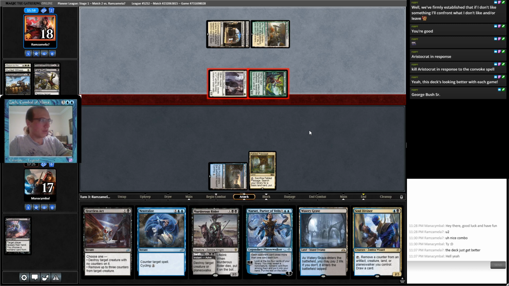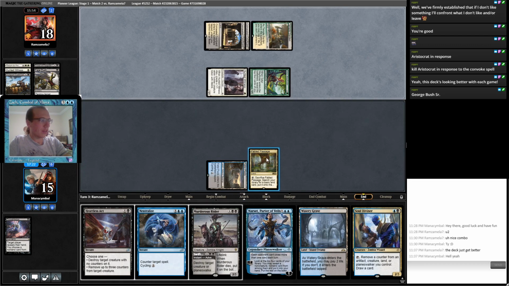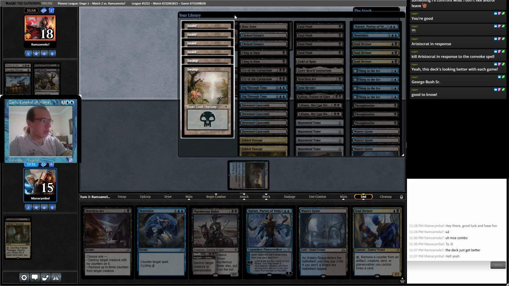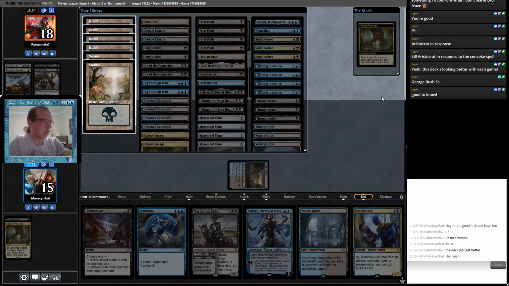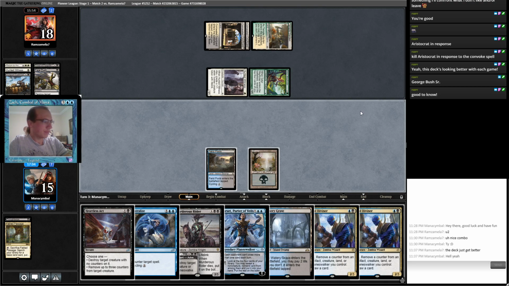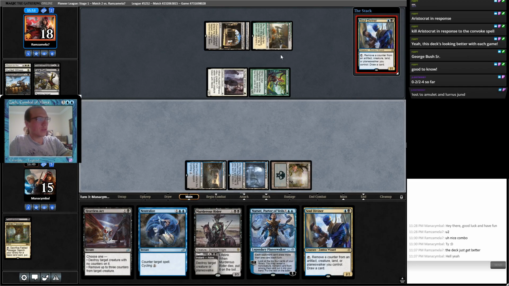So we have Neutralize for Lurrus or Heartless Act. They do have another land? No, they played the Courtyard. They don't necessarily have another land. They don't necessarily not have another land. I kind of want to stem the bleeding and just play a Soul Diviner this turn. If they have White Source into Lurrus